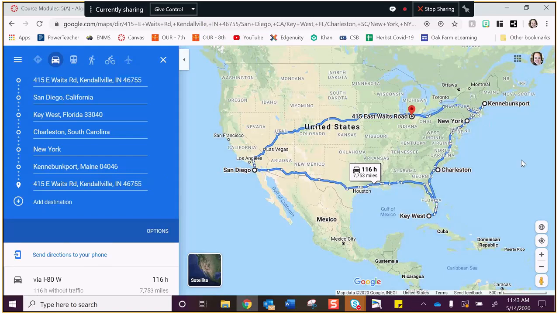It'd be kind of dumb just to go to San Diego and then go all the way back to Key West and then travel up the coast. I want to see my brother. No, but I'm just saying, if you're actually taking that trip, that would suck. True. Okay, so personally, I would have to stop and do stuff on the way so that I wouldn't be bored.